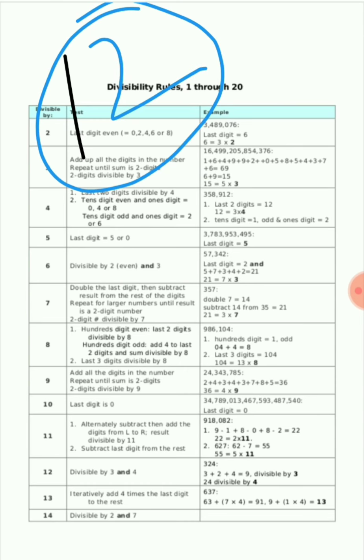Is 12 a prime number? No, 12 is not prime. So we split it into a product of two numbers. Is the product 6 times 2? Is this product correct? How do we check? Is the common factor 1? No. The highest common factor is 2. These two numbers are not co-prime, so we can't take 12 as the product of 6 and 2.